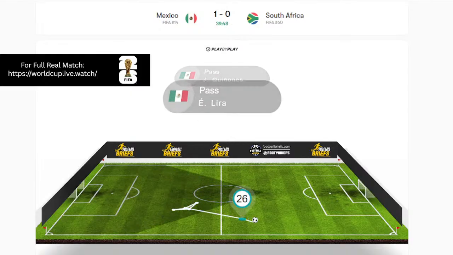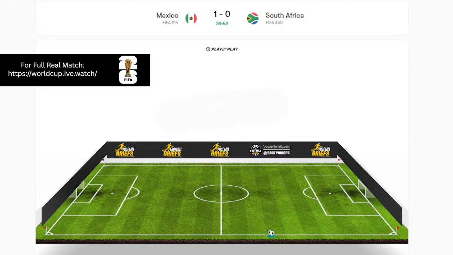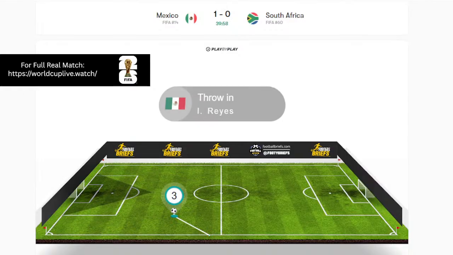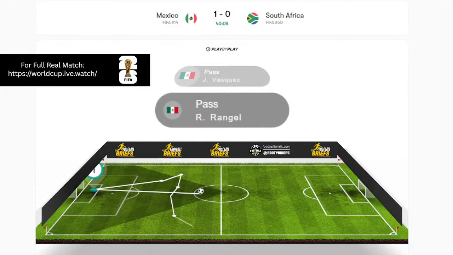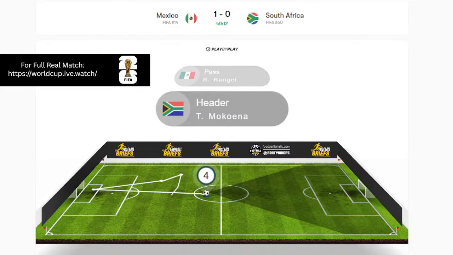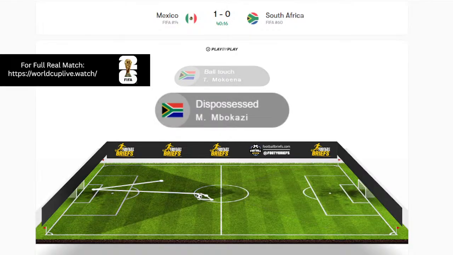Montes first time. A touch back from Alvarado to Montes. Looks towards the centre circle. Pressing 9. Mokoena intercepts. Now plays it to his left hand side, but Mexico in possession again. And Lira over halfway. And it's played from Gutierrez towards the right hand side. Good tackle there by Mbakazi. Probably been the star man for South Africa so far. Mbakazi definitely won the ball against Alvarado. Nothing wrong with that tackle. Reyes throws it back. 5 minutes left of the first half here,